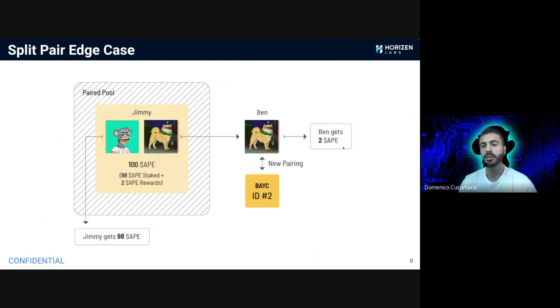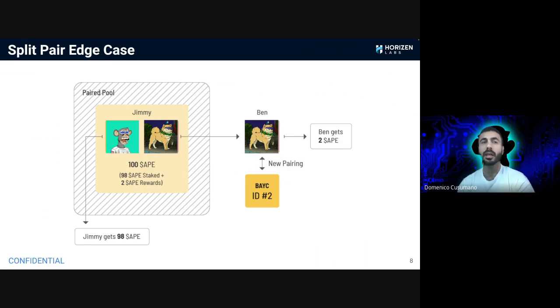One of the edge cases that our team had to work through that we think is important for us to go over is that the paired pool is a little tricky in the sense that because you're working with 2 NFTs, there is a possibility that you could sell one of them, but you still own the other one. And it wasn't explicit what to do in these situations, so we had to work with the community to come up with a solution. So basically the way this works is that